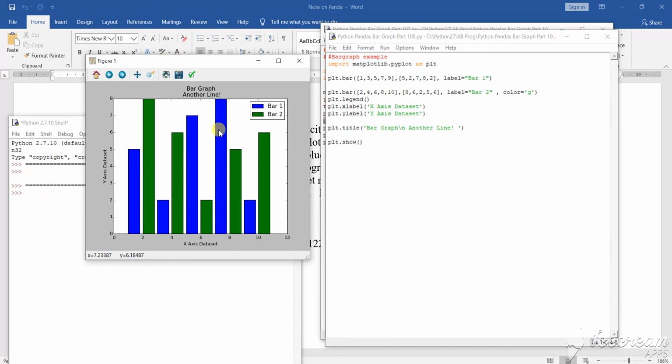You can listen to them very nicely. I have said that by default it will take the blue color. If you don't give anything, then it will also be a blue color. But now I have given the name g. g means green. So it is in green color. You see that for the x label I have named some x label, and the y label also I have named as the y axis of the data set. Okay, that is the title. So everything I have used here.